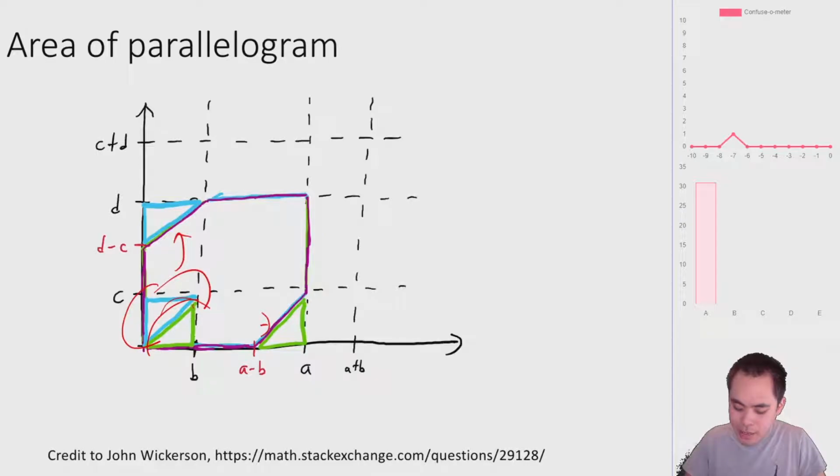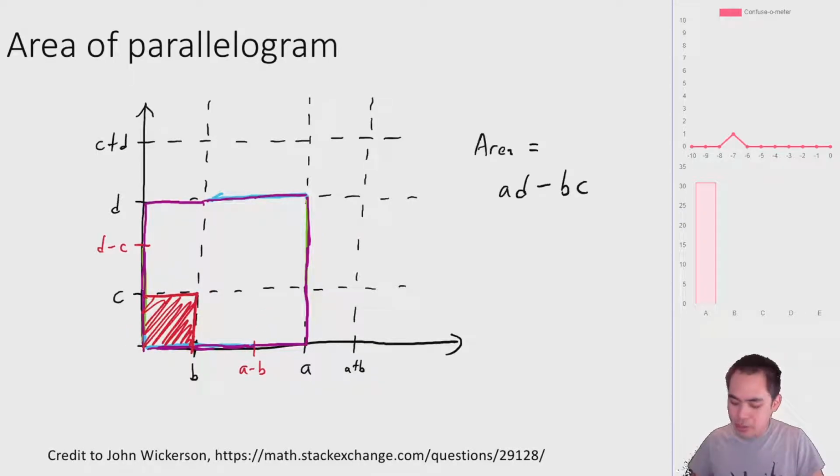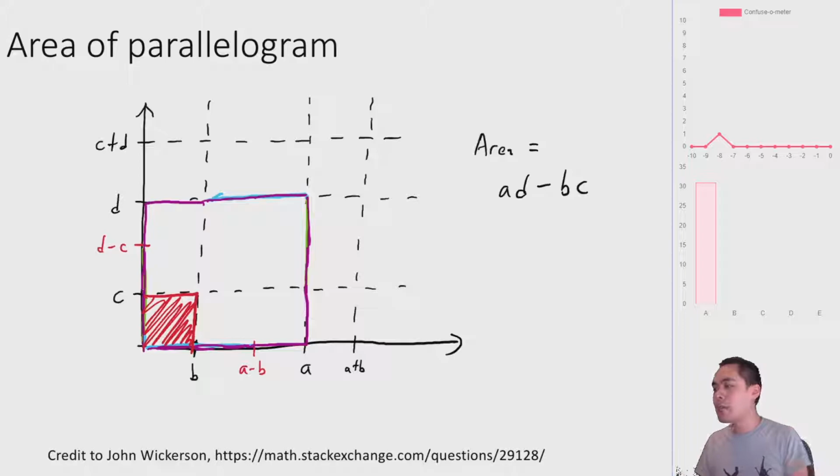And once we've done that, what you're left with is this parallelogram shape where you've cut out this corner in the bottom left. And now it's easy to compute the area because the area is just the big rectangle minus the small rectangle. So it's AD minus BC, which is precisely the formula for the determinant we had earlier. And so this is explaining why when we do this determinant, you end up getting the appropriate shape,